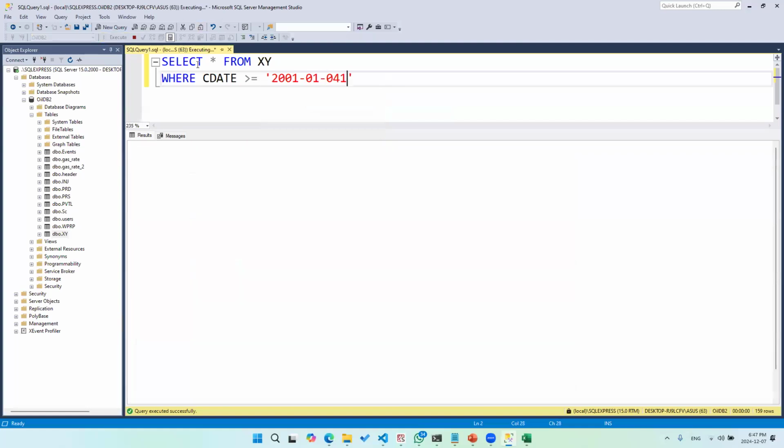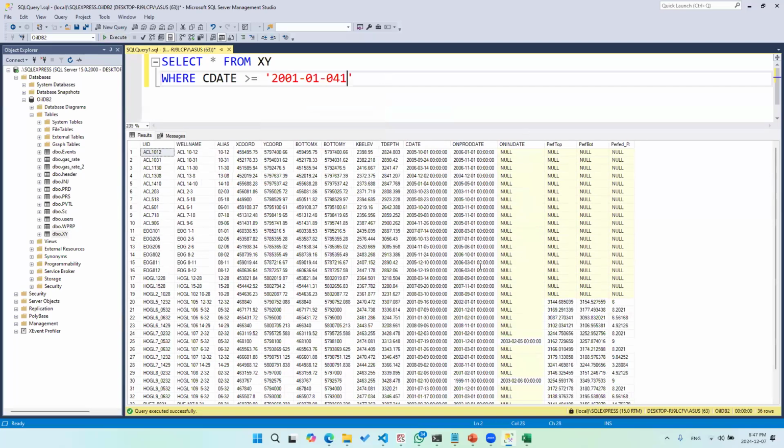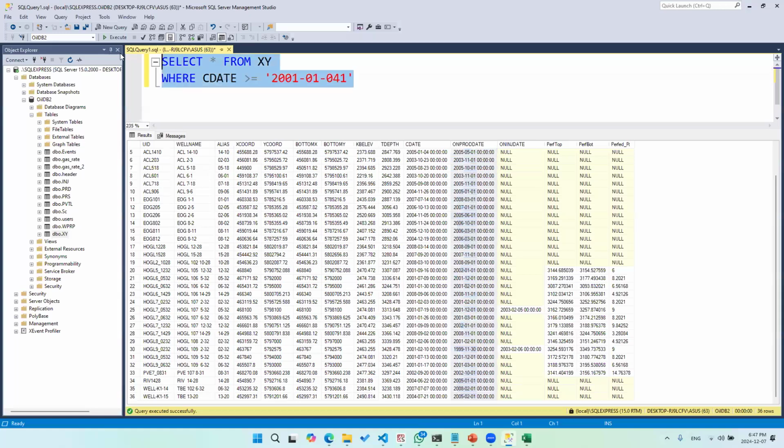Just like this, we'll click on execute. There we go. Now you only get the data that are basically from this era only, or from this decade only. So basically, SQL will allow you to significantly and hugely control the data in an easy manner.